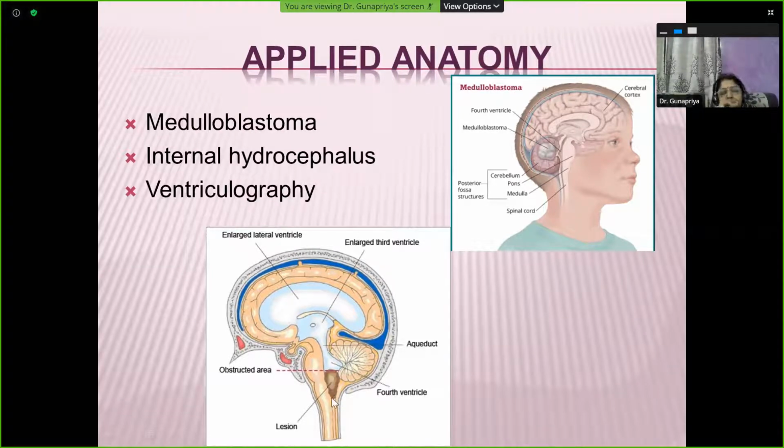What will happen? The cerebrospinal fluid gets accumulated within the fourth ventricle itself, and it cannot circulate. The circulation of cerebrospinal fluid within the ventricles of the brain is impeded or becomes slow, and the ventricles start expanding in size. The ventricles will start expanding in size like this, what you can see here. The lateral ventricle is enlarged, the third ventricle is enlarged, and that is your fourth ventricle, and this is the obstructed area. Because lower down, it's not able to flow into the central canal of the medulla.